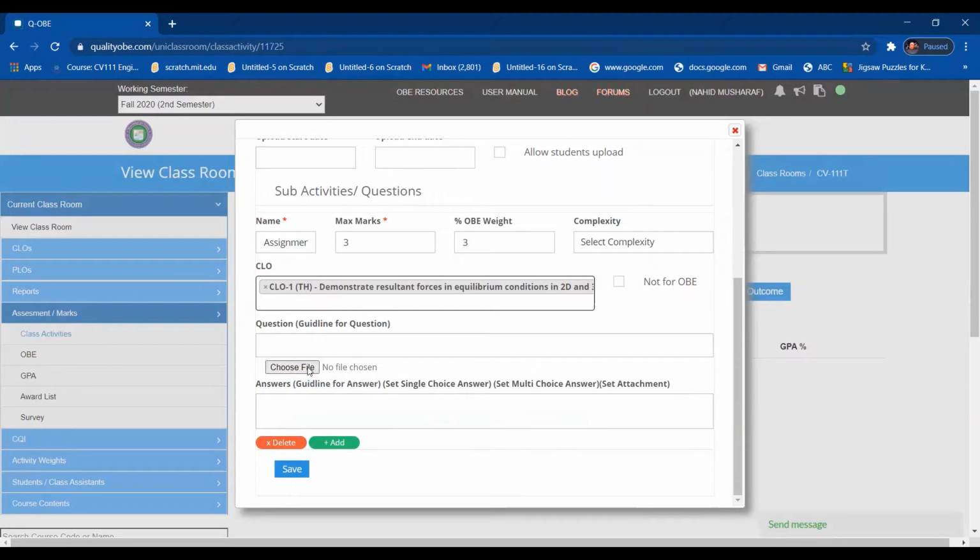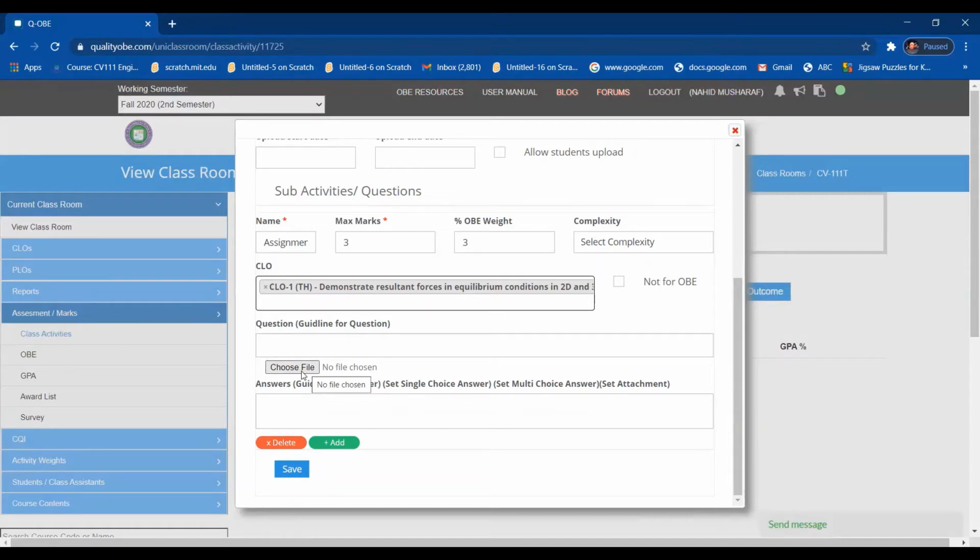Obviously I have to choose the file for the assignment over here so I can add it, because I don't have my quizzes and assignments in this system. I will add it after that, but keep in mind that you have to add these assignments in the choose file, in PDF format.